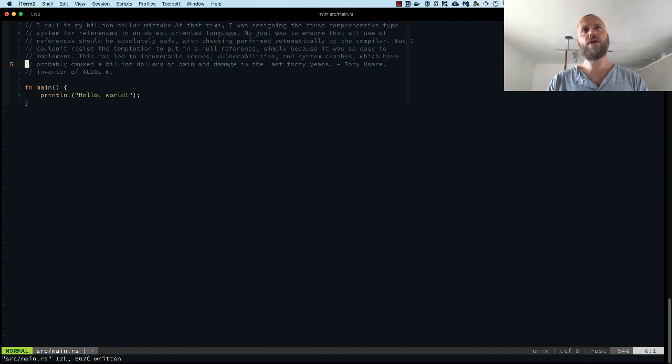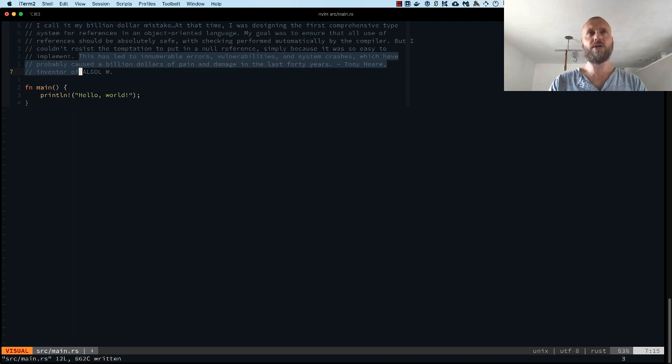And I don't know this quote. I thought it was the quote of the guy that designed C++, but if I look online, then I found this quote. Essentially what he says is that it's his $1 billion mistake, because he was designing this type language and he wanted it to be safe. And then just out of ease, he introduced null, and it causes all kinds of memory problems and everything else. So I'm really glad